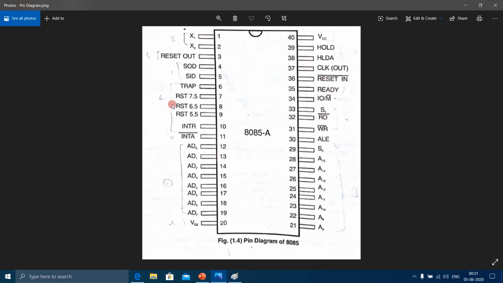So these are the 5 hardware interrupts. Why hardware interrupts? Because the pins of the microprocessor are involved. I hope you remember the pin diagram of 8085. Here you can see it has TRAP, RST 7.5, RST 6.5, RST 5.5 and INTR. So when a peripheral device or external device wants to send a hardware interrupt, the external device will send the specific signal to the particular pin of 8085.